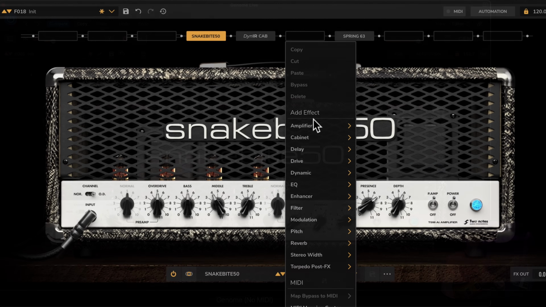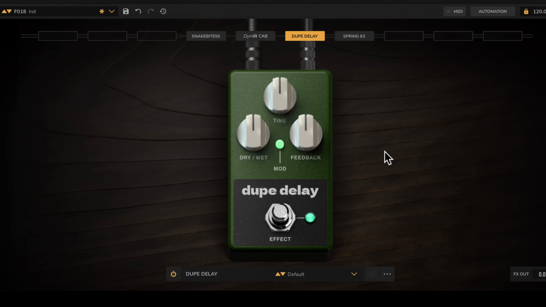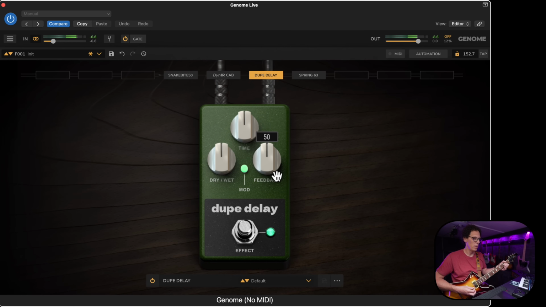It's great. Let's get some delay in there while we're doing this. We'll have, what's the dupe delay? I've never, oh, I think that's a carbon copy. Just want one little tiny, not a slap back, but